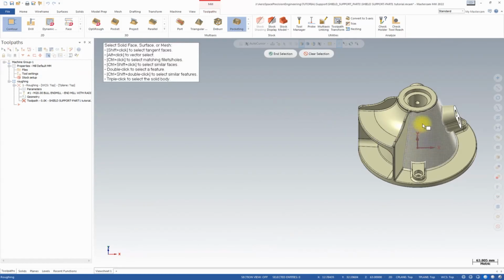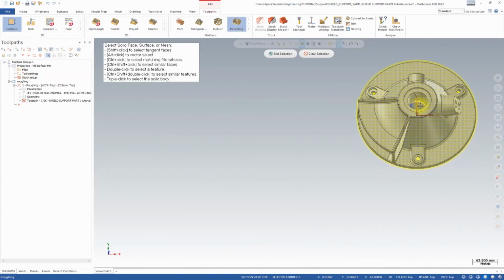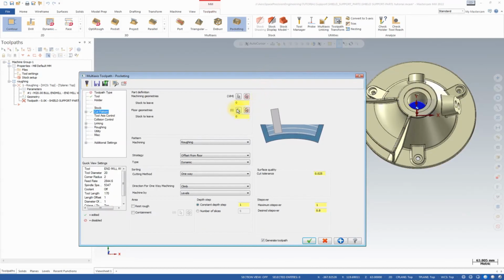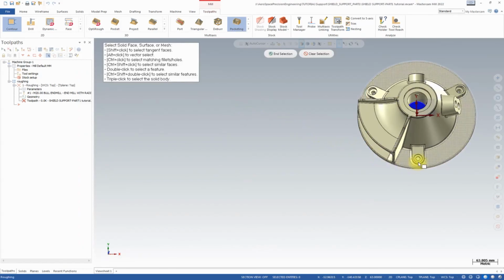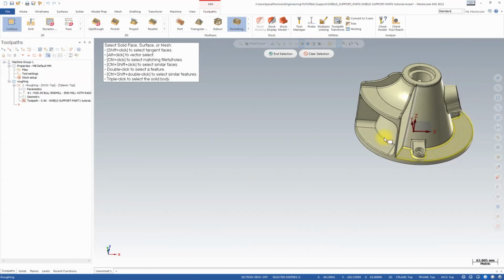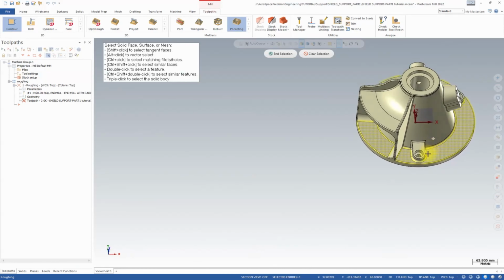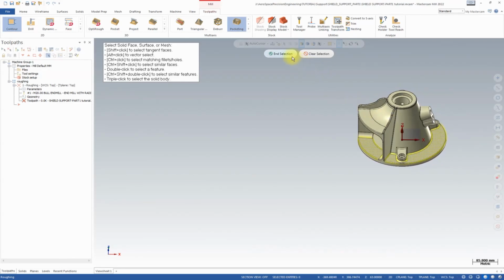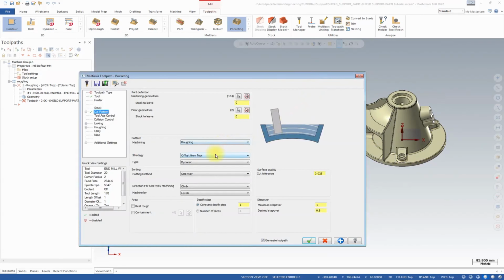I select the whole 3D model, triple click, and select the surface created at the center. My floor geometry is the flat of the bottom of the surface. My floor is selected. Offset from floor, all roughing operation on the surface of the plate,